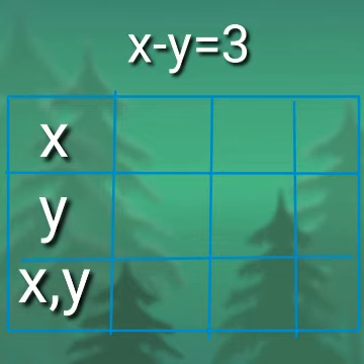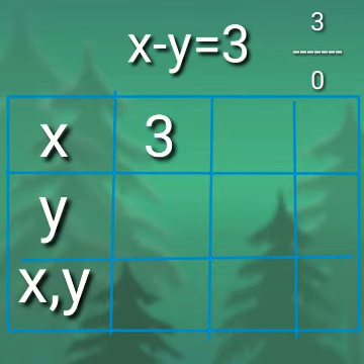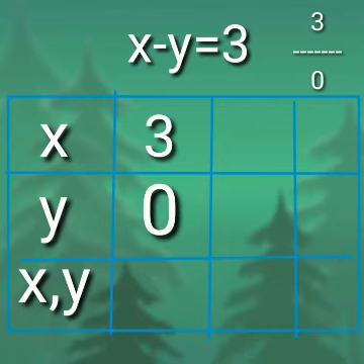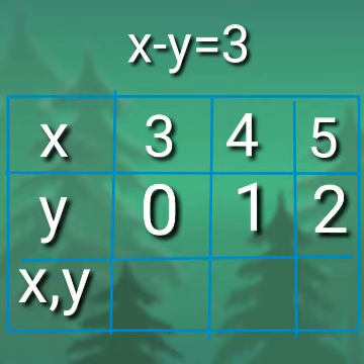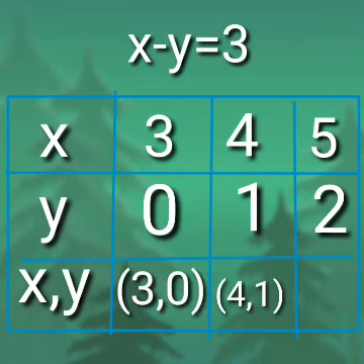Now here we have to move on to the process that is also correct on the previous example. Take the value of x as 3, and 3 into 0 is equal to 0. Put the value of y. Because one coefficient is minus, we increase both the values of x and y by 1, 1. 3 plus 1 is equal to 4. 4 plus 1 is equal to 5. 0 plus 1 is equal to 1, 1 plus 1 is equal to 2. In the last row: 3, 0, 4, 1, 5, 2. Complete the table.